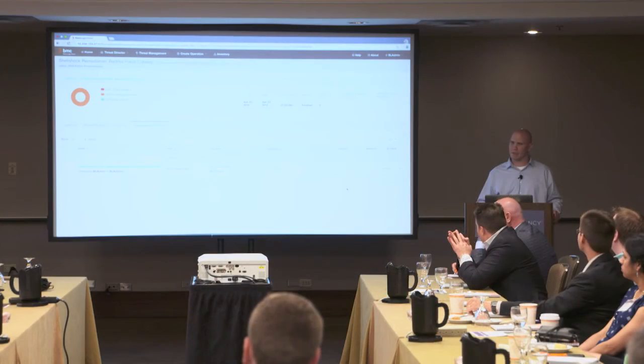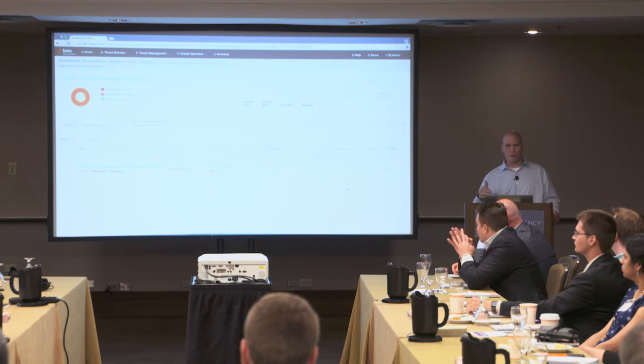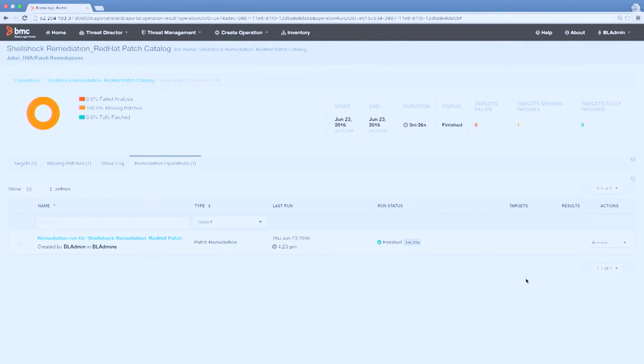Yeah, one of the things I'll just add to that too, that Seth had touched on, was we're targeting very specific vulnerabilities like the JBoss one and the ShellShock one. But on that dashboard, I can select 100 vulnerabilities if I wanted to, or I could select just a couple, and we'll create all the various remediation packages and package them up. And you can schedule them at different times or to run all at the same time. So we can do a lot of the work in a couple steps, but we're really just focusing on a couple vulnerabilities for this demo. So it looks like this patch has been applied, so I will hand this back over to Victor